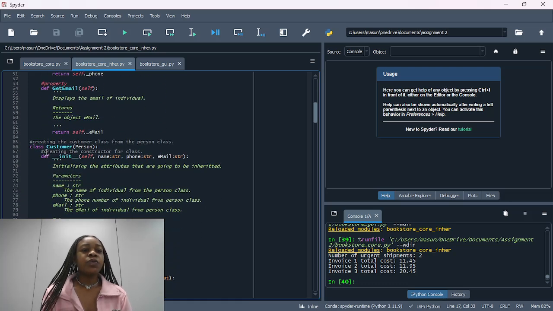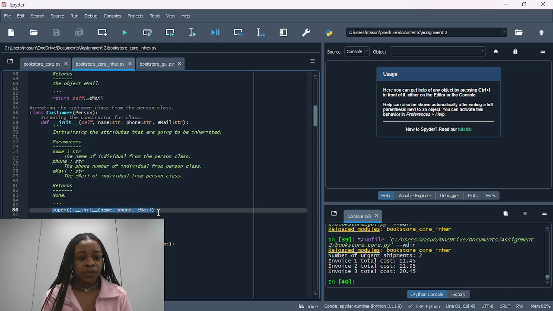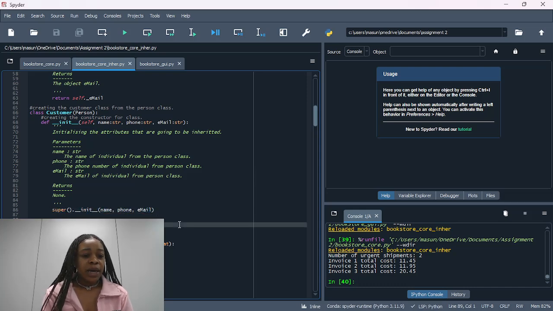And we're making a child class customer, which is inheriting from the person class. That means it is going to get the methods from the person class. So I input the parameters, and to inherit I used the super,